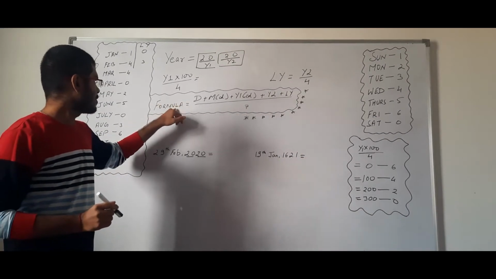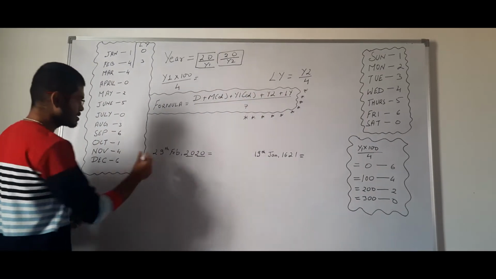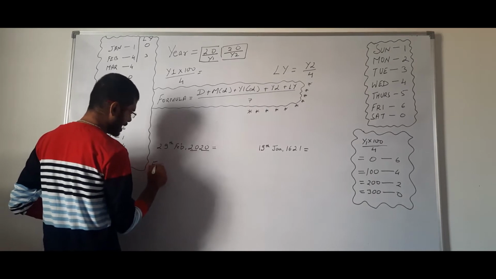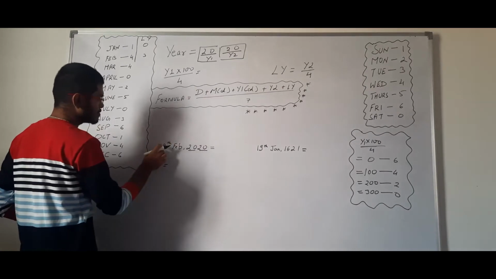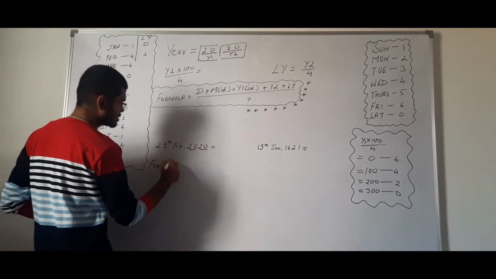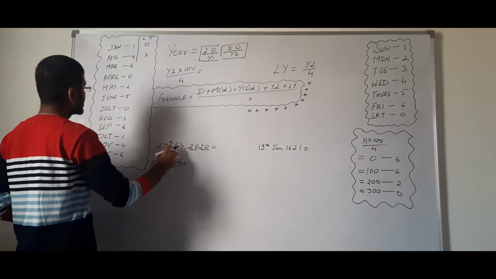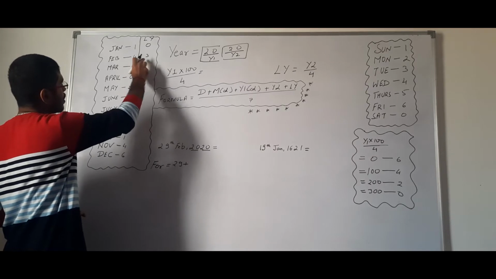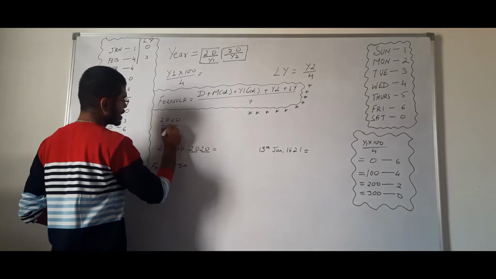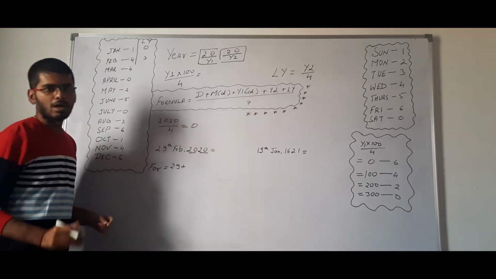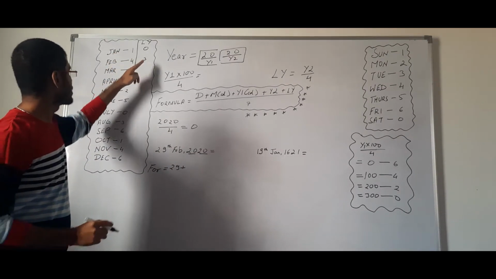Okay guys, now let's see how to solve this particular problem. We see this formula. The formula has date, month code, year 1 code, year 2, leap year, divided by 7. Now for this 29th Feb 2020, first I'll put the date, 29. We don't have a code for date, so we'll write this 29 as it is. Then we have the month code for February. February has a code of 4 or 3. Now we see that 2020 is a leap year. Why? Because when we divide 2020 by 4, we get a remainder of 0. So since we have a remainder 0, this is a leap year. So for February, we have the leap year code as 3.